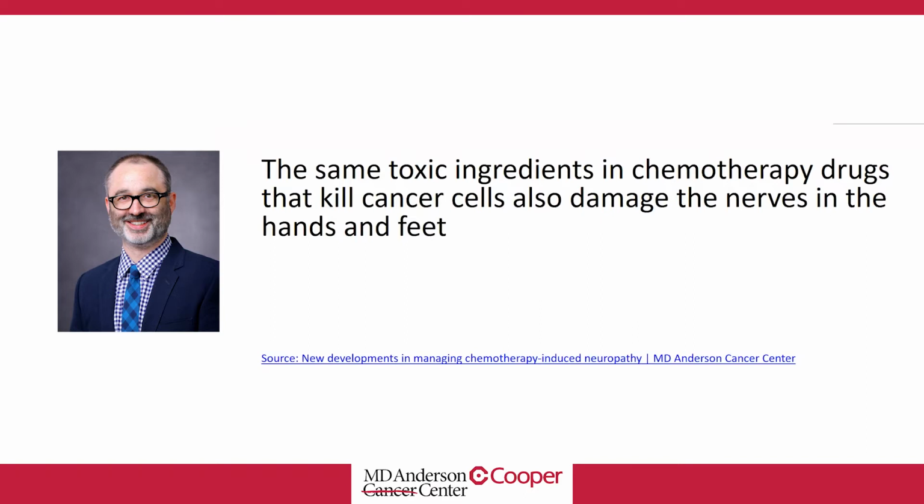So why does this happen? The problem is that the same toxic ingredients in chemotherapy that are used to kill cancer cells also damage the nerves of the hands and feet. Why is it the hands and feet? That has to do with how long the nerves have to travel from your spinal cord out to your hands and down to your feet. The longer they have to travel, the farther they have to go from your spinal cord, the more likely it is that they'll get damaged by chemotherapy. So since your feet and your hands are the farthest away from your spinal cord, those are the things that